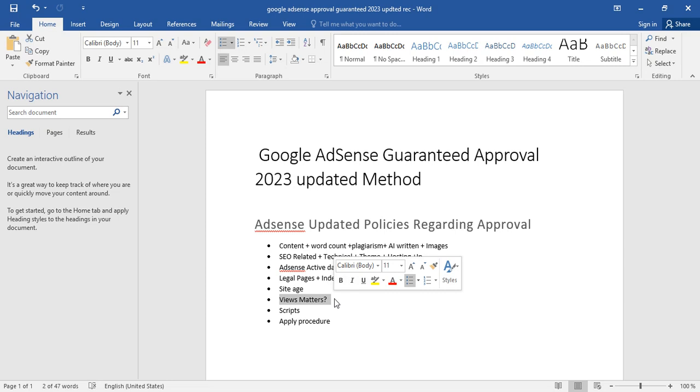But with the above criteria, nowadays people are buying traffic. They are using software. They are using proxies and things. They are using bots to get traffic. They are using social media to get traffic. No, Google won't give you approval that way. Google knows from where a specific type of person is coming to your website, because you are just playing a game with the Google algorithm and you can't win, because Google is the owner of all these things.